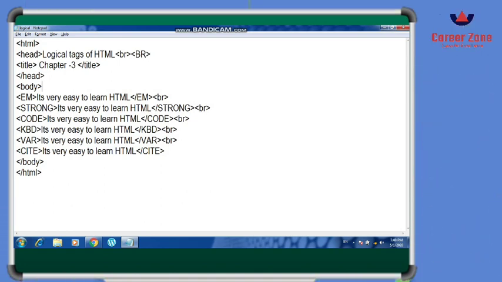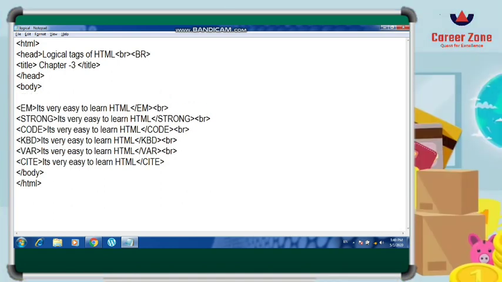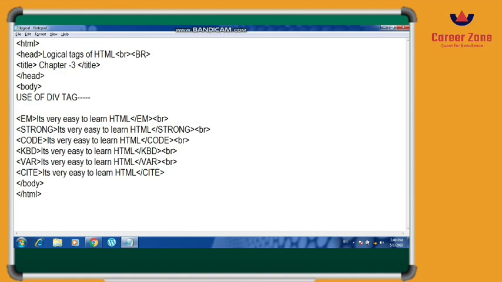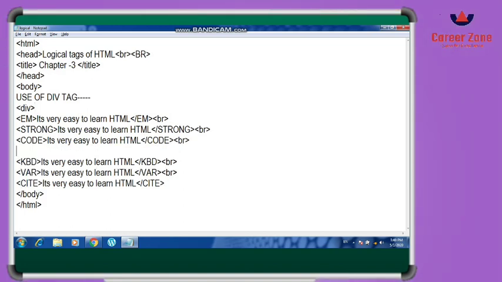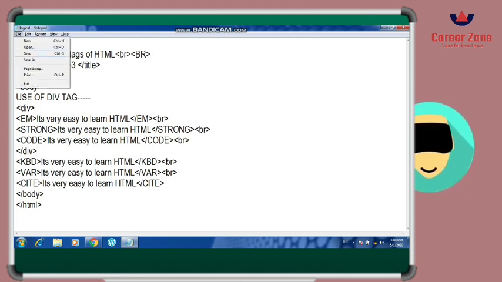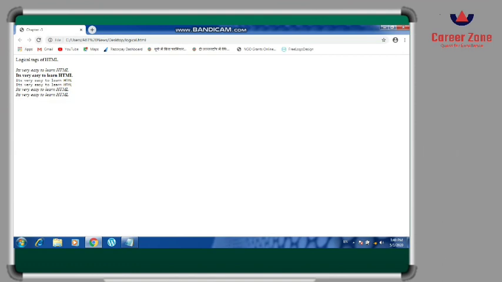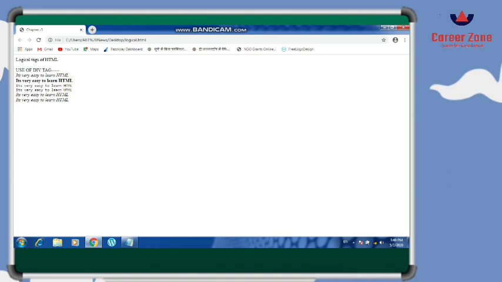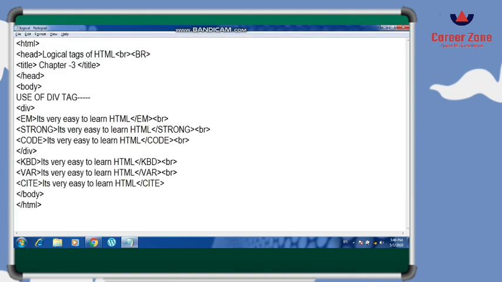Now there is one more tag which I have taught you, which is the div tag. Div is basically used to divide sections of the HTML document when you want a paragraph to be written in a particular section. You can use the div, and you can align your section to left, right, and center, because it has an align attribute which works with the div tag. So see, I am dividing the section of 3 tags and I have closed it. It will not make a difference like this because by default the align is left, so you will not be able to see any difference.